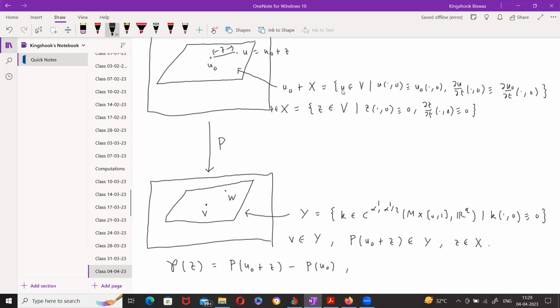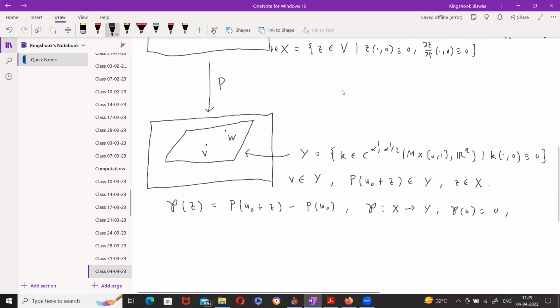So this goes from X to Y. It takes the value 0 at 0. And the one thing we didn't do explicitly is that this map is differentiable and its derivative at the origin from X to Y